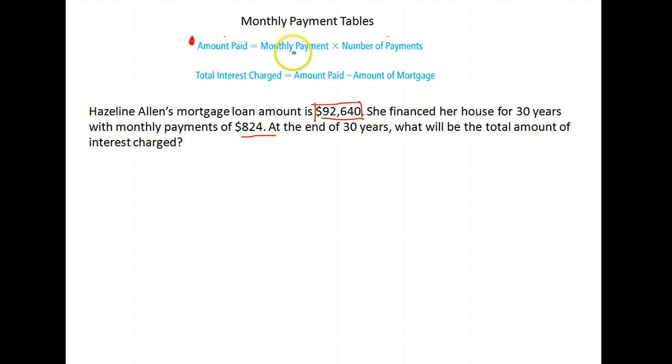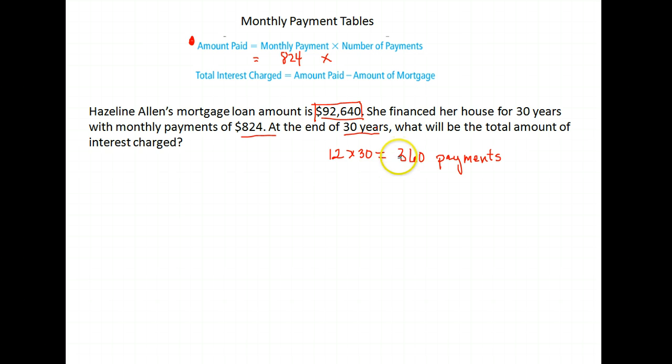So that would be taking the monthly payment of $824 times the number of payments she's going to make. Well, how many payments is she going to make? It's for 30 years, so she's going to pay every single month for 30 years. So there's 12 months in a year. She'll pay 12 times a year for 30 years. So we just go ahead and take our 12 times 30. She's going to make 360 payments over the life of this loan,